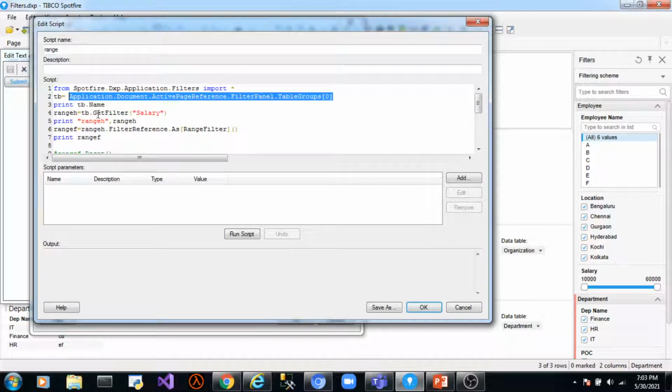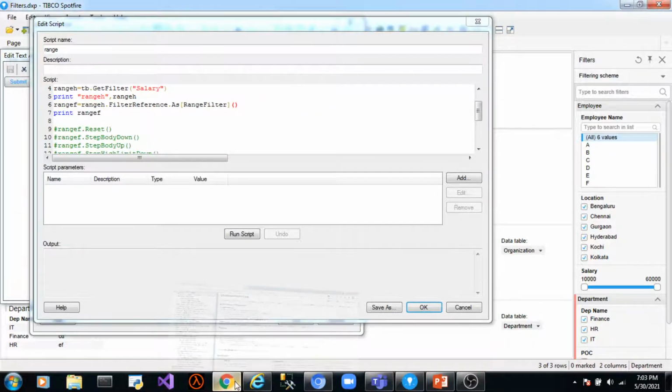Next step is to use the get filter method with the table group instance tv dot get filter, and then we pass the name of the filter, salary, and then we need to parse it as a range filter because it is a range filter, and it returns a value of type range filter which is stored to the variable range f.